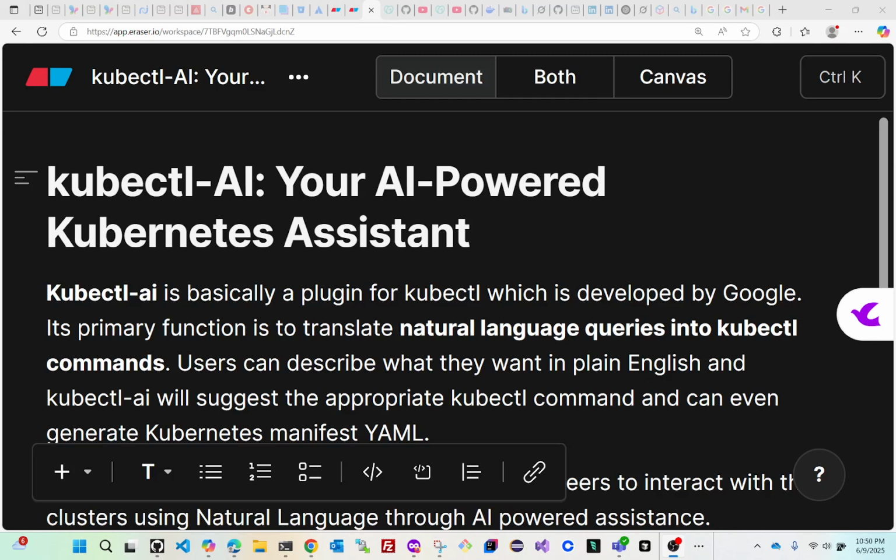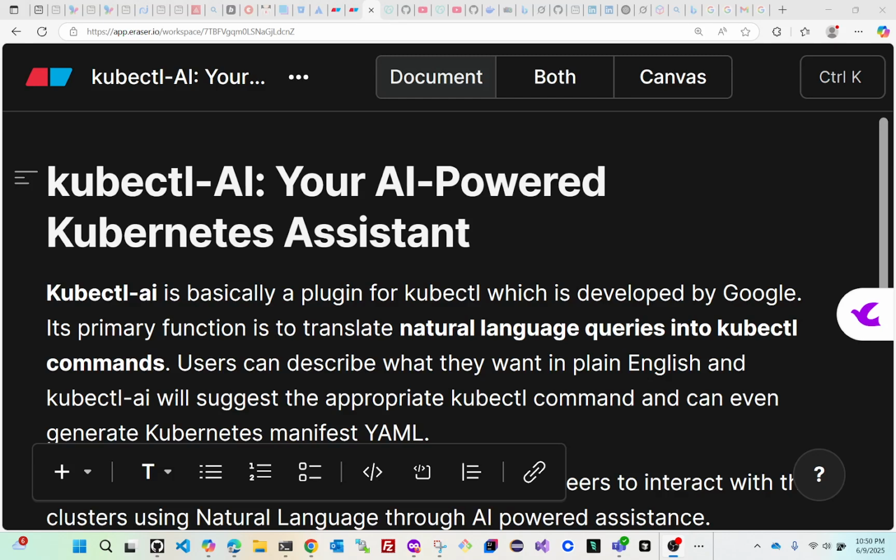But with the aid of Kubectl-AI, you could instruct a cluster what action you intend to carry out in plain, natural language, and Kubectl-AI is capable of interpreting your natural